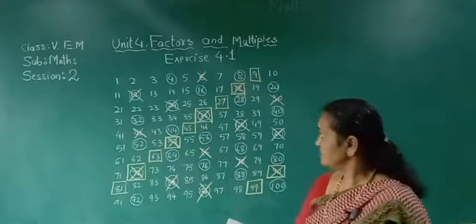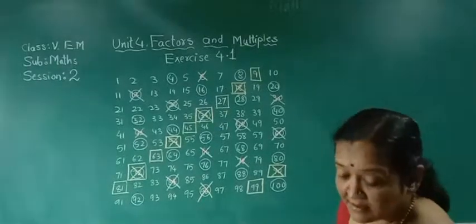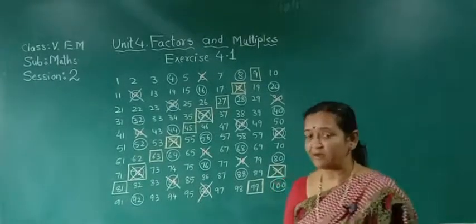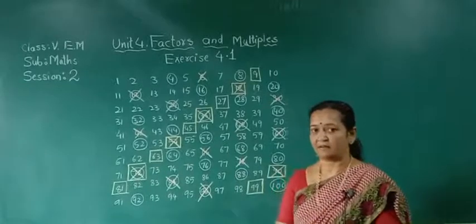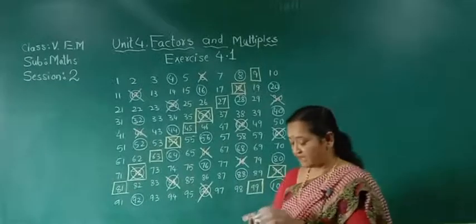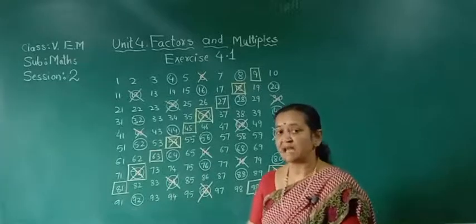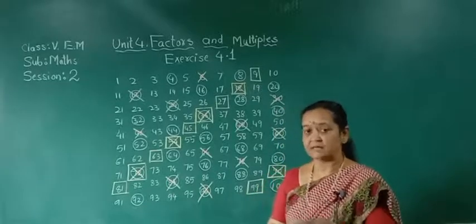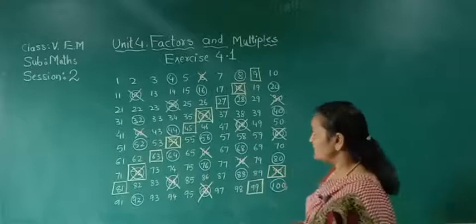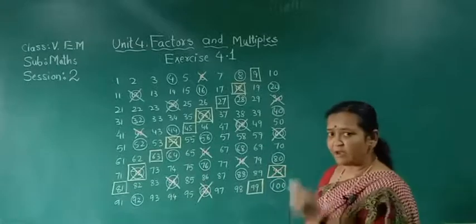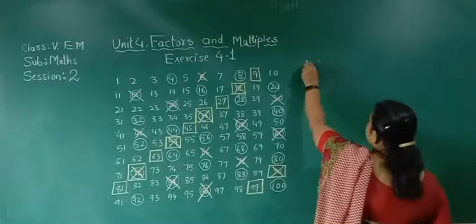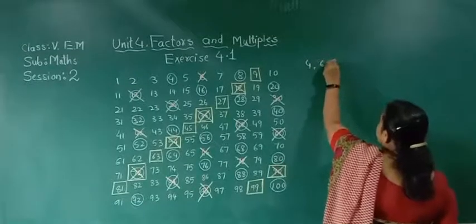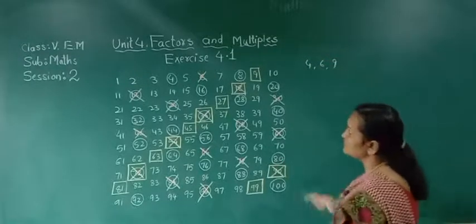Check some numbers, they are multiples of 4, multiples of 6 and multiples of 9. Okay, some numbers. Here, which are those common numbers which are multiples of 4, 6 and also 9? Let me check here. So, we should find all three numbers, isn't it? Here, they should be multiples of 4, 6 and 9. So, which are those numbers?